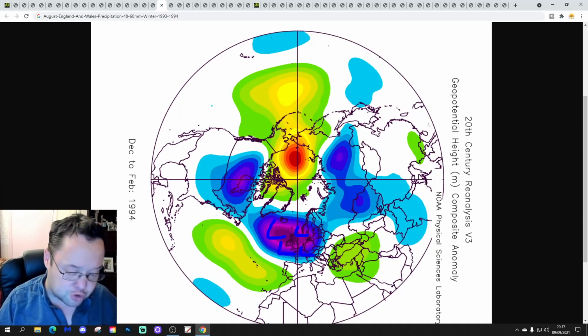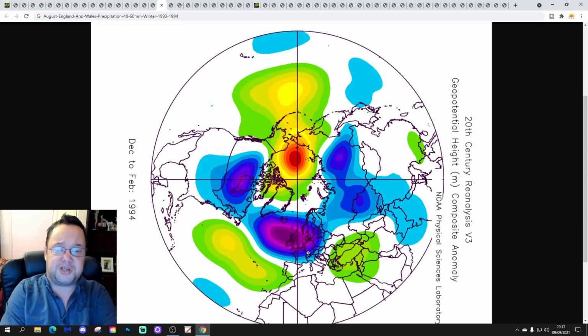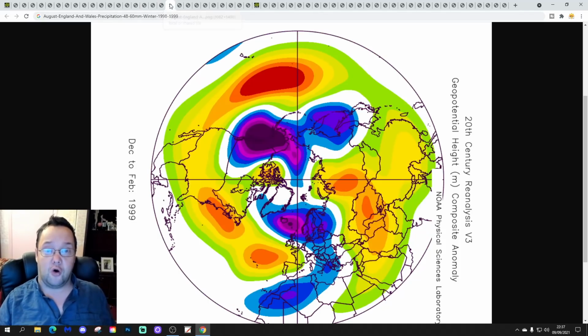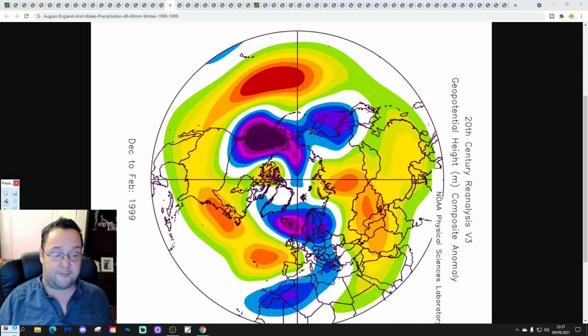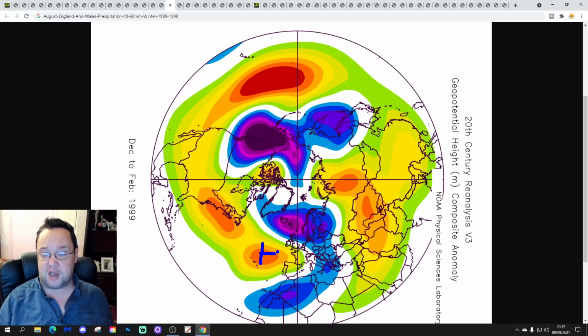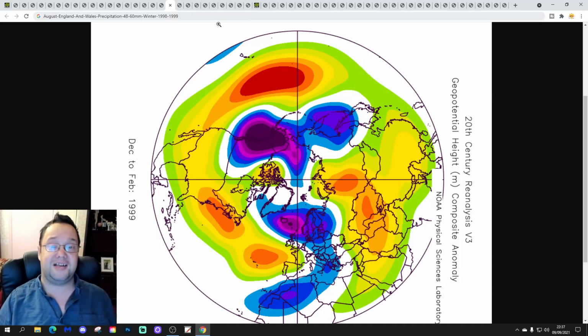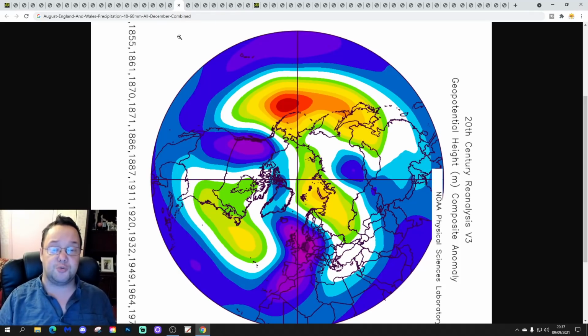Does have a little bit more cold potential, you know, a few cold snaps in that one, especially around Christmas of 93 and again in February of 94. Not remembered as a particularly cold winter though. We've got 98-99 showing up once again. We already spoke about that one. So higher pressure to our west and southwest, lower pressure to our north and northeast, winds in from the west. There are some cold snaps, but overall it is a mild 1990s winter.